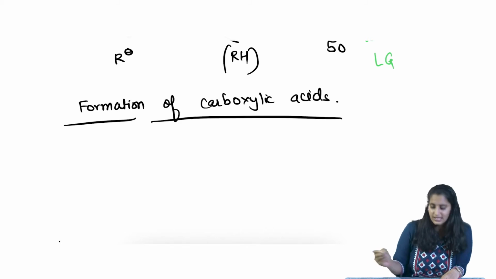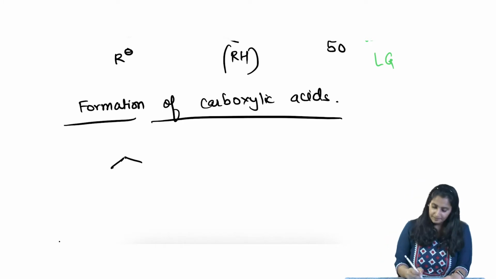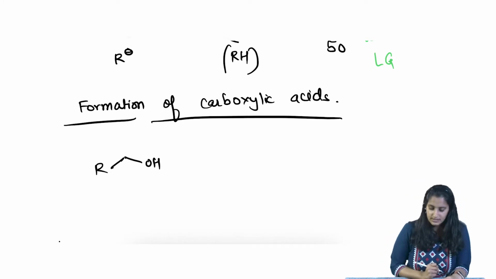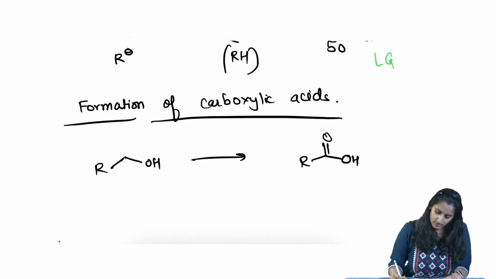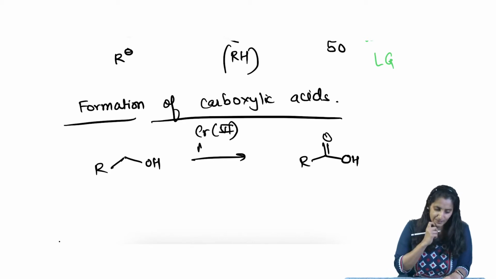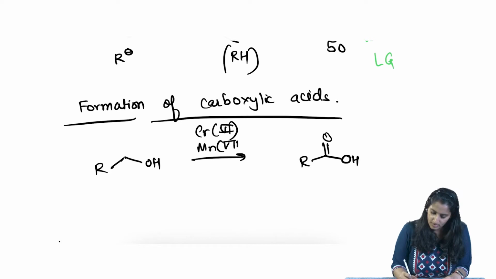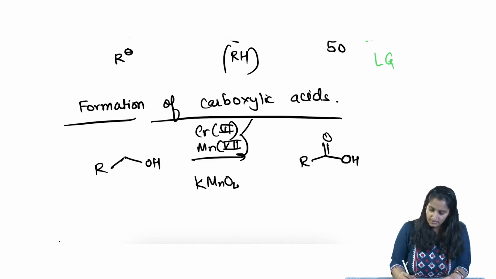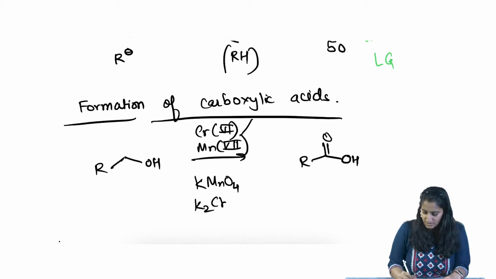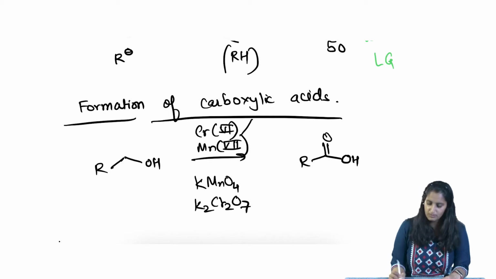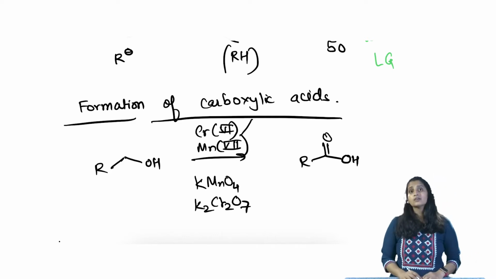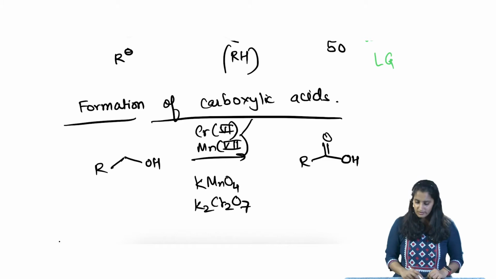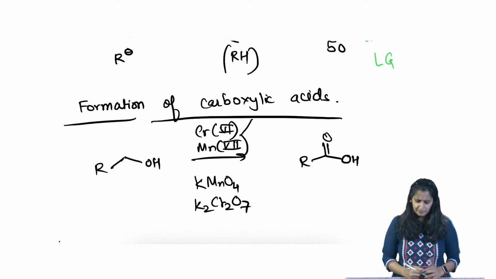One of the ways to form carboxylic acid is of course starting from primary alcohols. You can take a primary alcohol like this and then oxidize it all the way to a carboxylic acid, and typically you have either chromium 6 or manganese 7 aqueous compounds, very typically reagents like KMnO4 or K2Cr2O7. All of these are going to play a very important role, and I wish to discuss oxidation and reduction in much more detail later. So, I will not go over this right now, but it is possible to oxidize alcohols